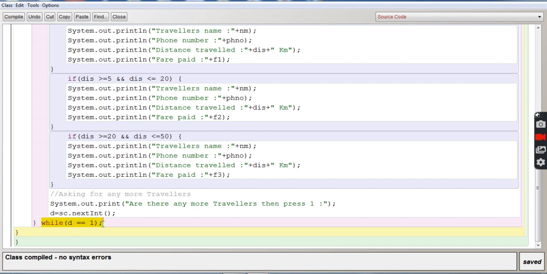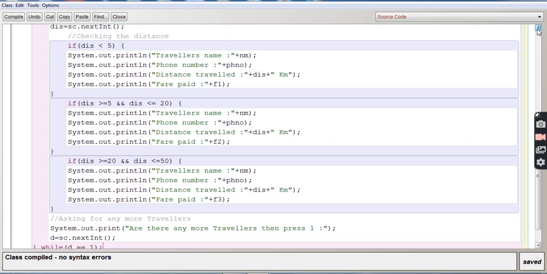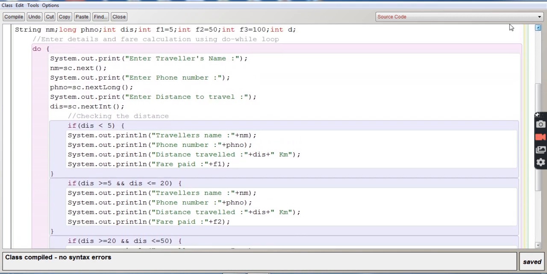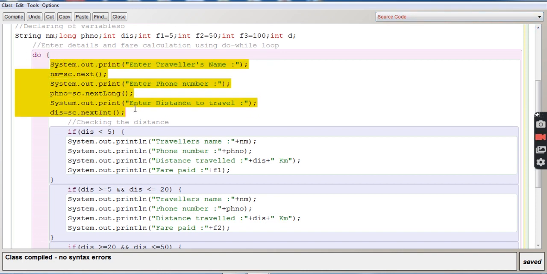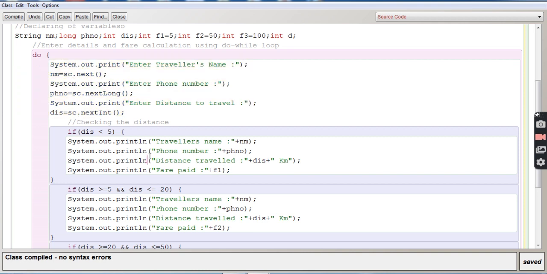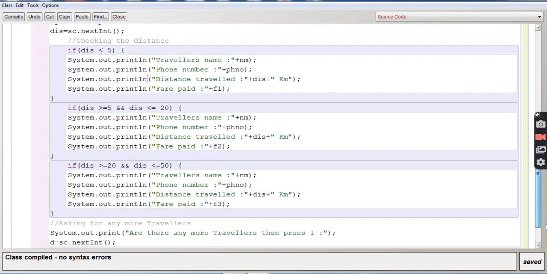Is 1 equal to 1? Yes, it is true. As it is true, it will go back to the do loop. Again it will ask you the details of the traveler, and it will display the details as per the distance traveled. So I'll show you the output